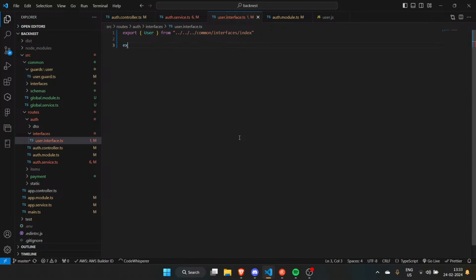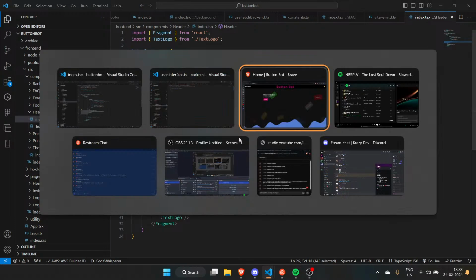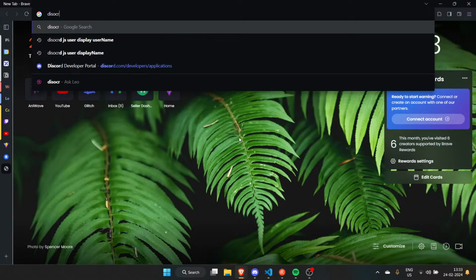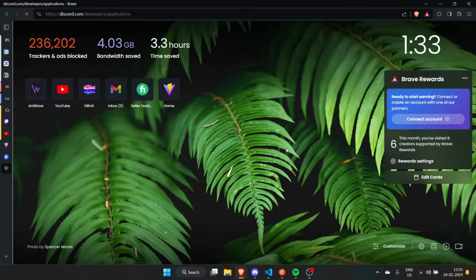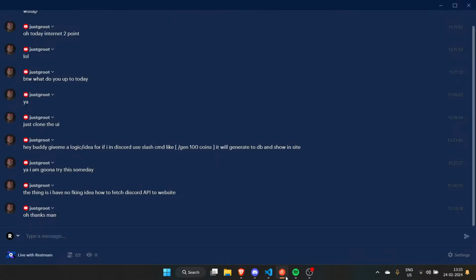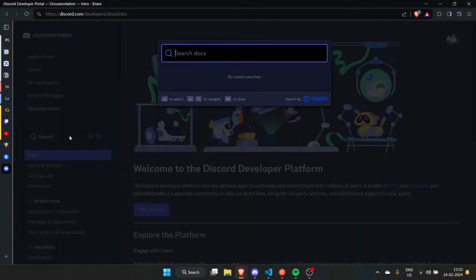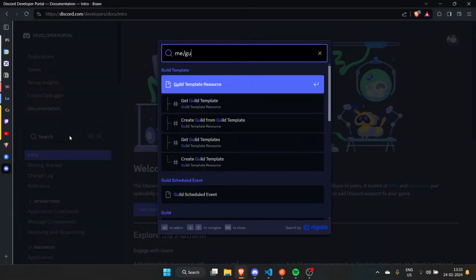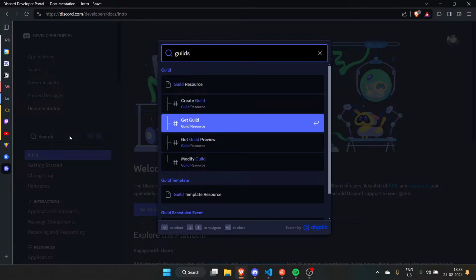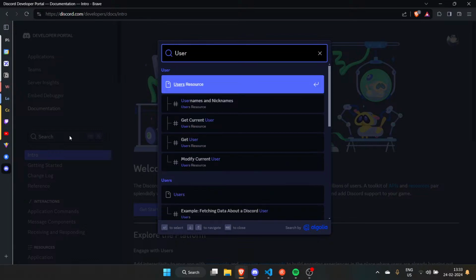Export interface Guild. How does a guild look like? I have no idea, to be honest. I'll just look into the documentation, the Discord developer portal. /me/guilds.